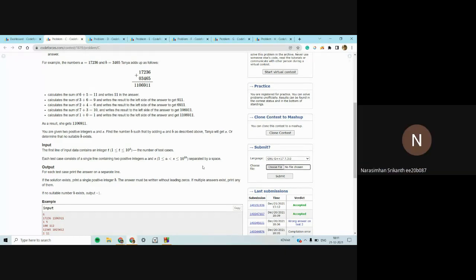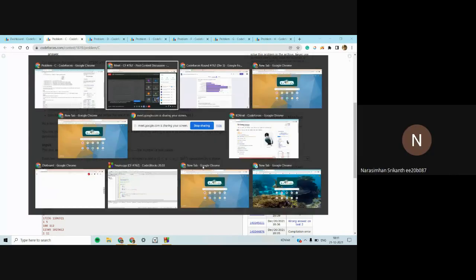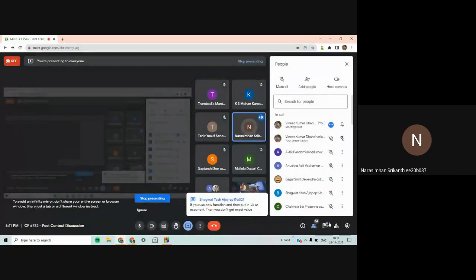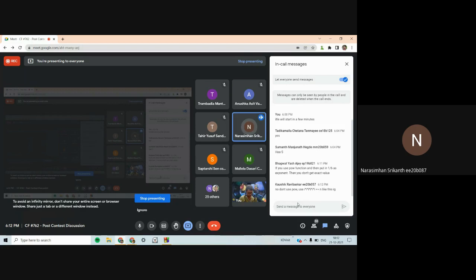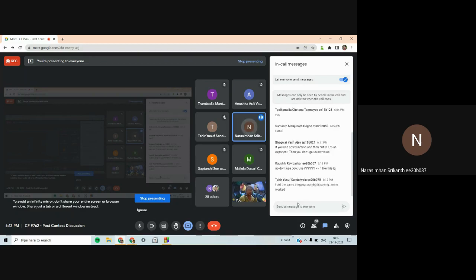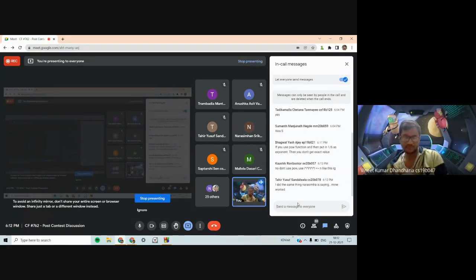Actually, it was working for almost all cases. I used the power function only. It was working for all cases except when I put, I think, n as 999999999. For that case, when I take the one third power, that is 999 power 1 by 3, and I floor the value, it is showing 1000 instead of less than 1000.